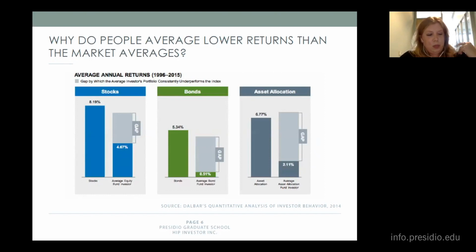And in 2014, the average fixed income mutual fund investor underperformed the Barclays Aggregate Bond Index by a margin of 4.81%. And this broader bond market returned 5 times over what the average fixed income mutual fund investor did. This slide here is showing the 2015 numbers, which are pretty similar.